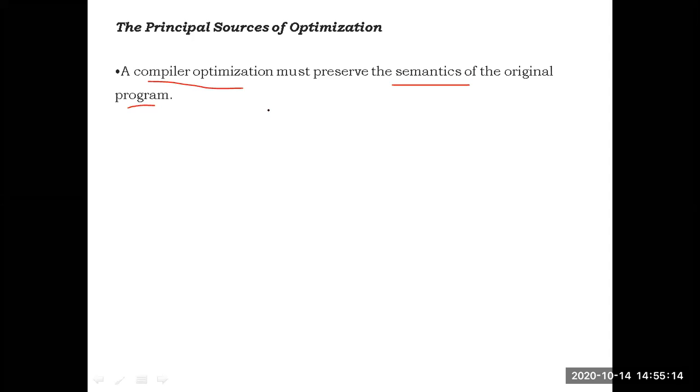That semantic should not be changed. Here semantics means the overall meaning of the program should not be changed. Our aim should not be disturbed. Without disturbing our aim, the compiler optimization must preserve the semantics of the original program. That means it has to keep safe the semantics of the original program while making